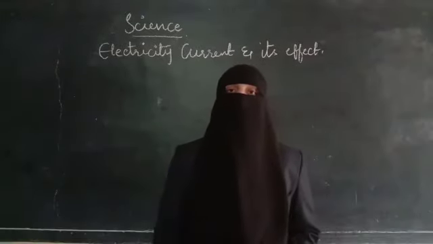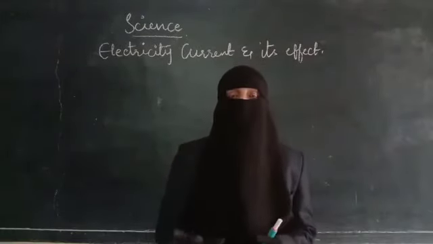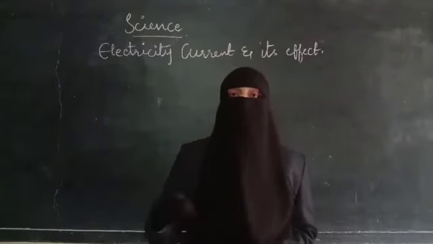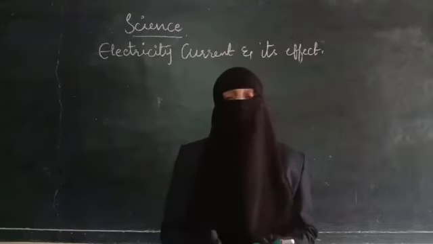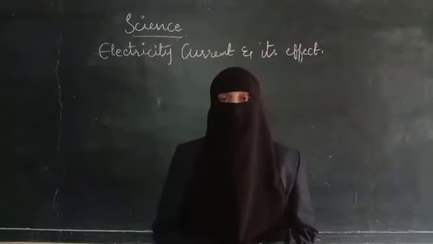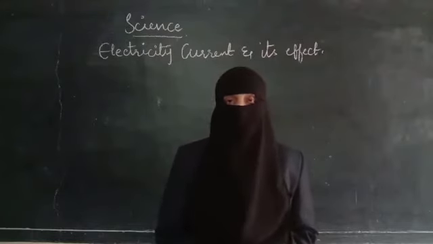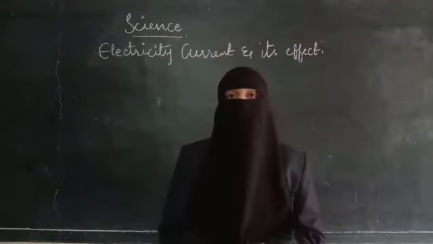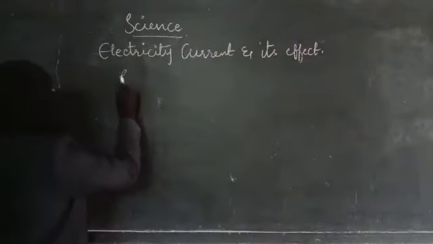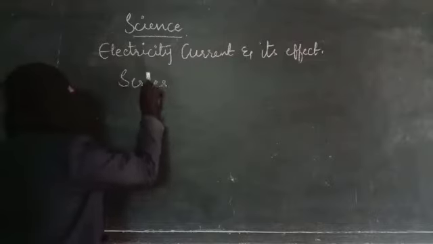Here, when the switch is on and there is no gap in between the wires or any electrical components, then the circuit is said to be complete and closed. And we can see that the flow of current is continuous in that. But if there is a gap in the electrical components, the circuit is said to be incomplete and open. This was about the electric circuit. Now let us learn about two different connections, that is series connection and parallel connection.